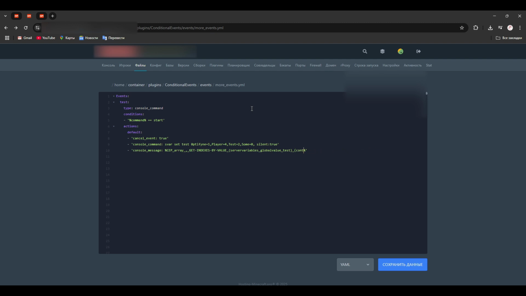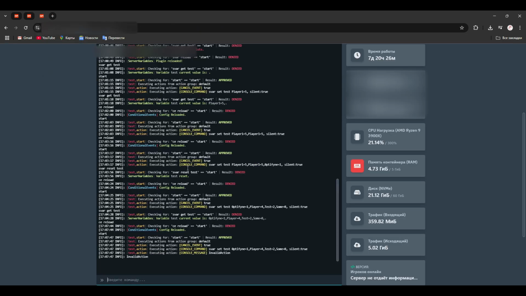But we will need only starts with player equals. If our variable contains only unique values, it will be on the server, because players with the same nicknames should not exist. So let's see what it will be.